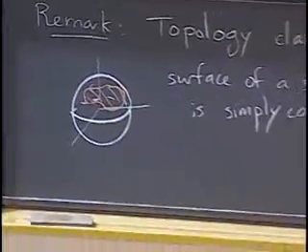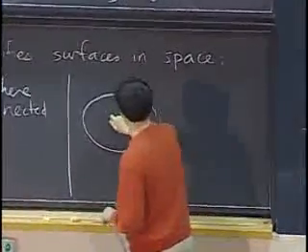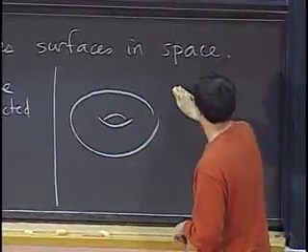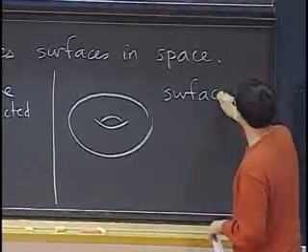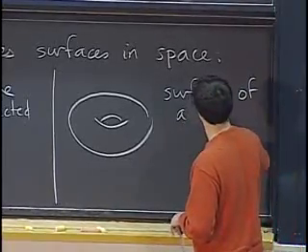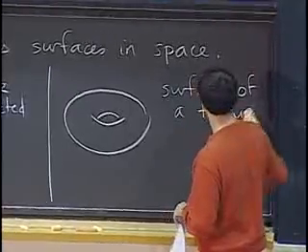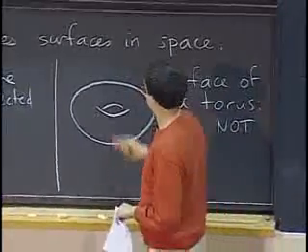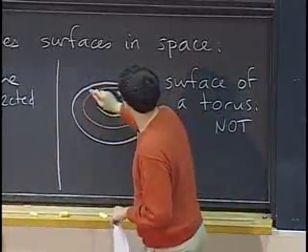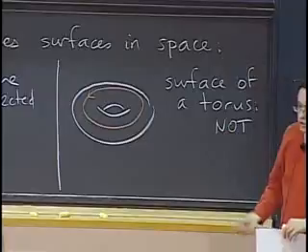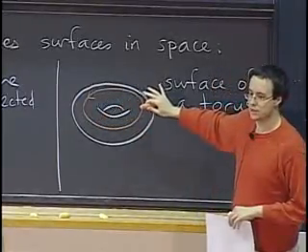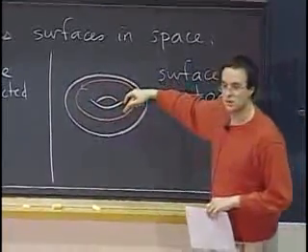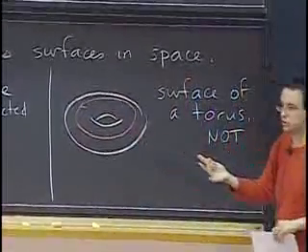On the other hand, if I take what's called a torus, or if you prefer, the surface of a donut, which is a less technical term, then that's not simply connected. In fact, if you look at this loop here that goes around it, well, of course, it bounds a surface in space, but that surface cannot be made to be just a piece of the donut. You have to go through the hole. So you have to leave the surface of the torus.